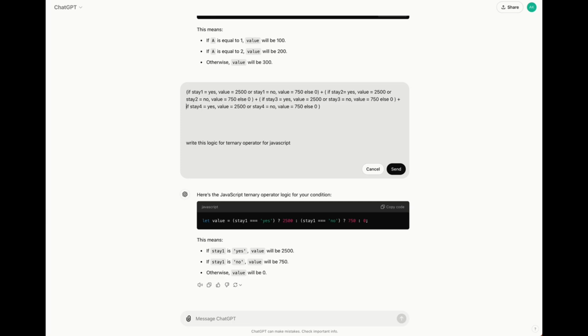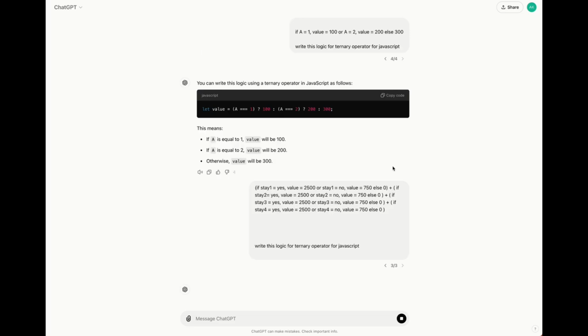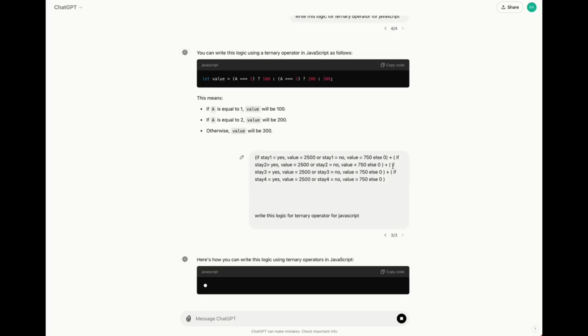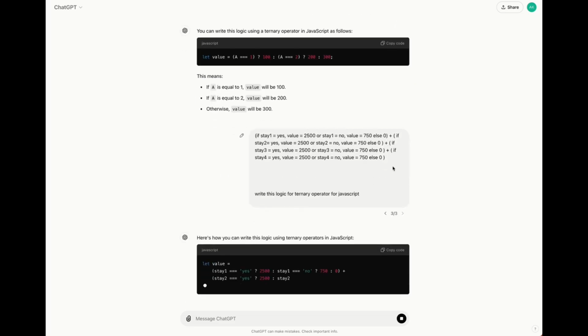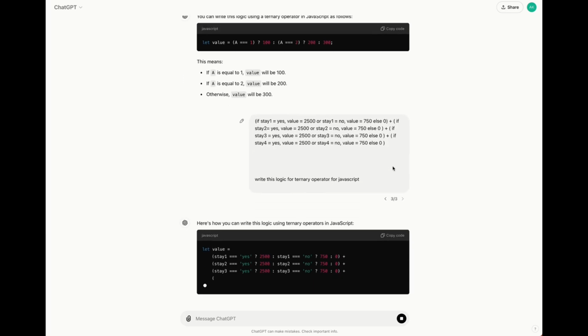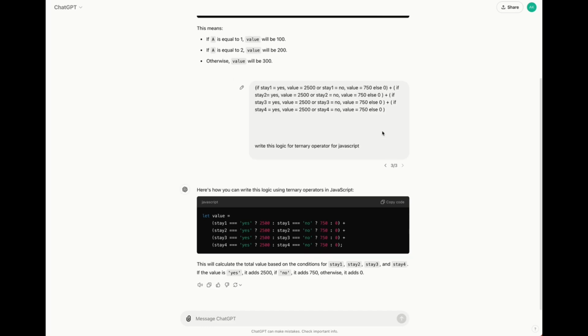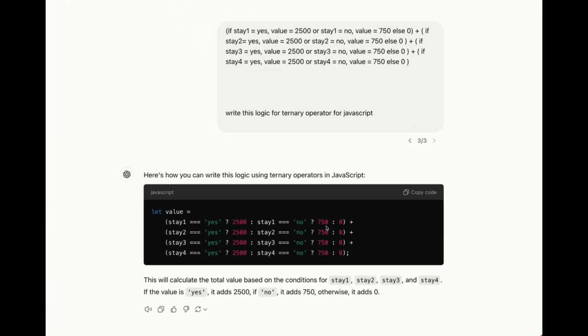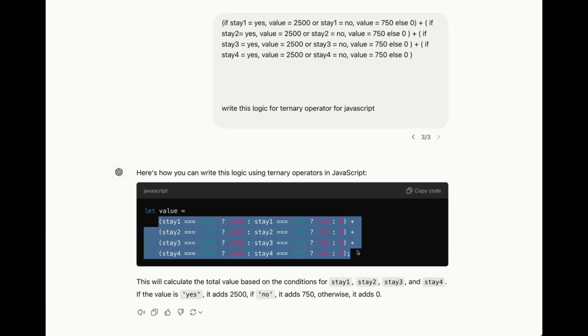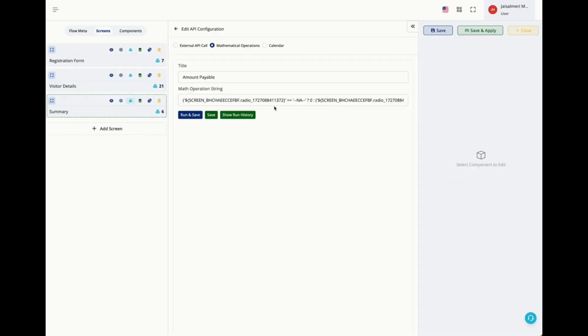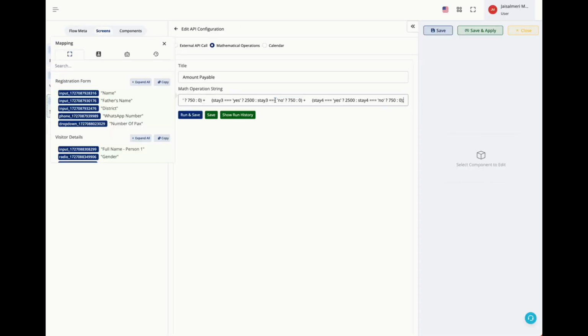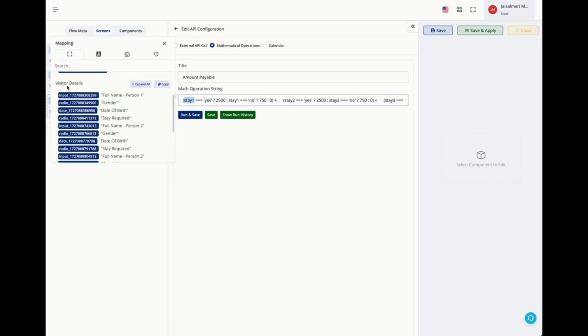Some people might select the option to stay, some might select that they don't want to stay. And if the users are fewer, if it is only 2 persons, then in that scenario the value added to the total sum should be 0. So now what we need to do is copy this part and take it to our mini app, change this from here,